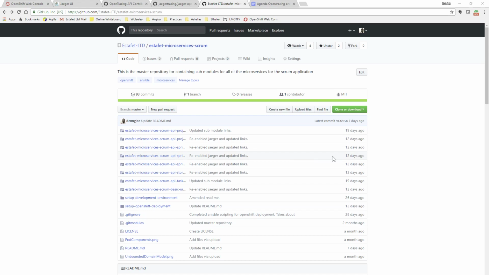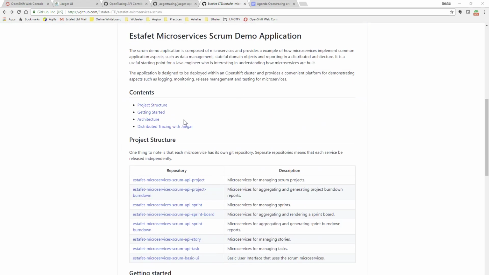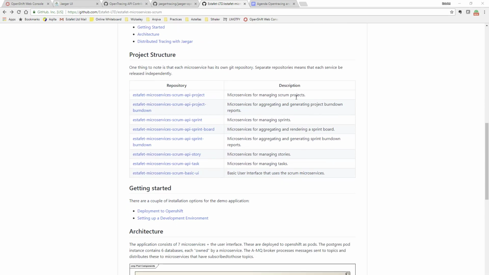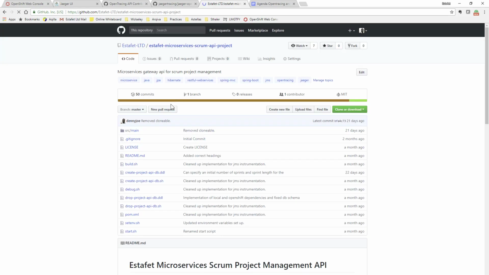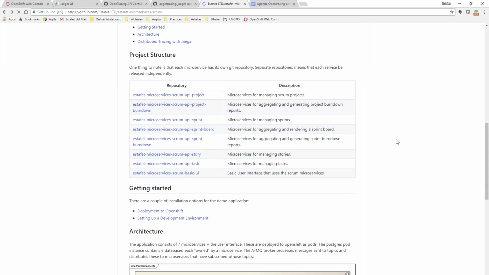So before we start looking at Jaeger, let's just have a look at the Scrum management demo application that we're going to be basing this demo off. You can see from our GitHub page it has a lot of instructions about how you can install this. Each microservice has a link from this page, so each microservice has its own repository, and you can link to that, and you can go in and see what the interface is for all of the microservices, and a detailed description